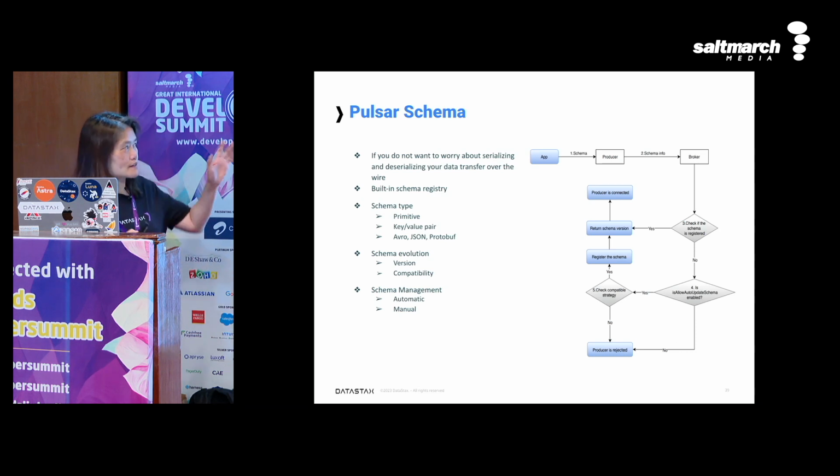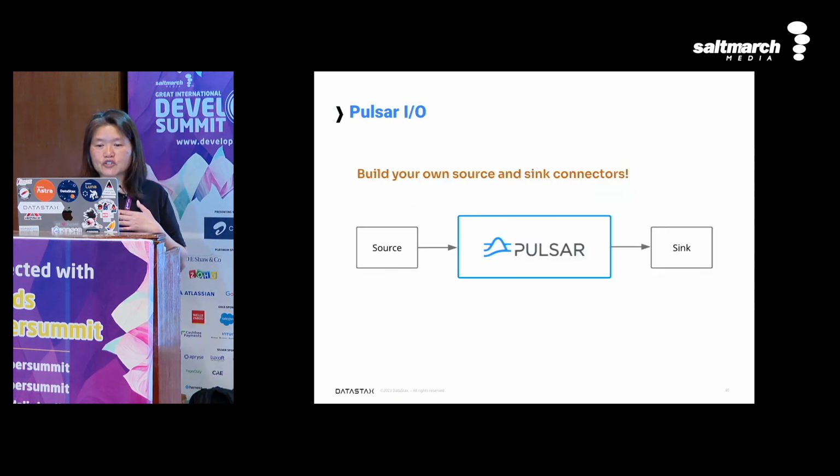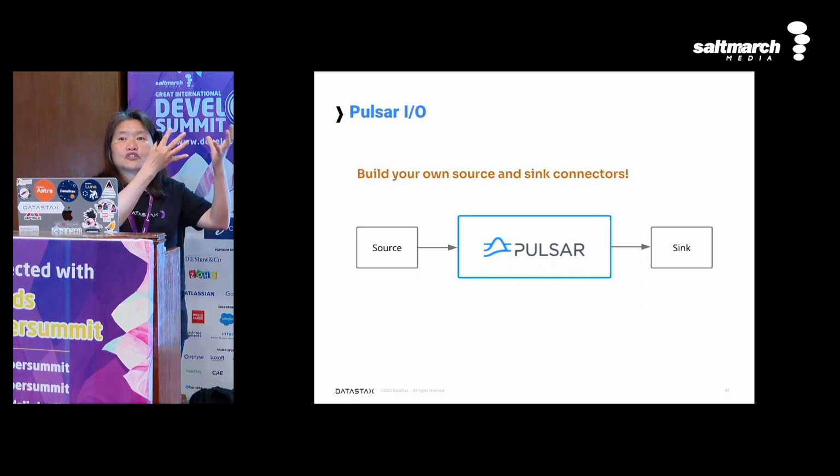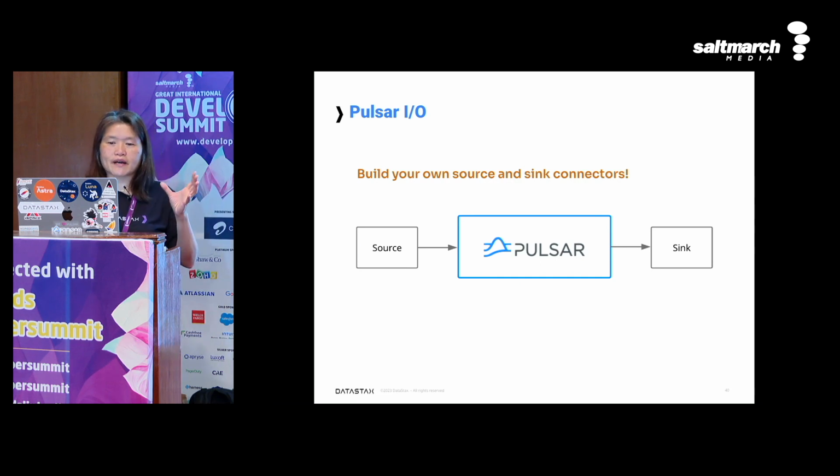So you can think of using Pulsar schema instead of having to convert all your data to byte arrays. That's another feature. And another feature, since we talk about data pipelines, is that it allows you to build your own source connector. As you see, we have the source of data coming in, ingesting data. The source can be anything, like Kafka, another database, or any kind of service as a platform type of thing too.